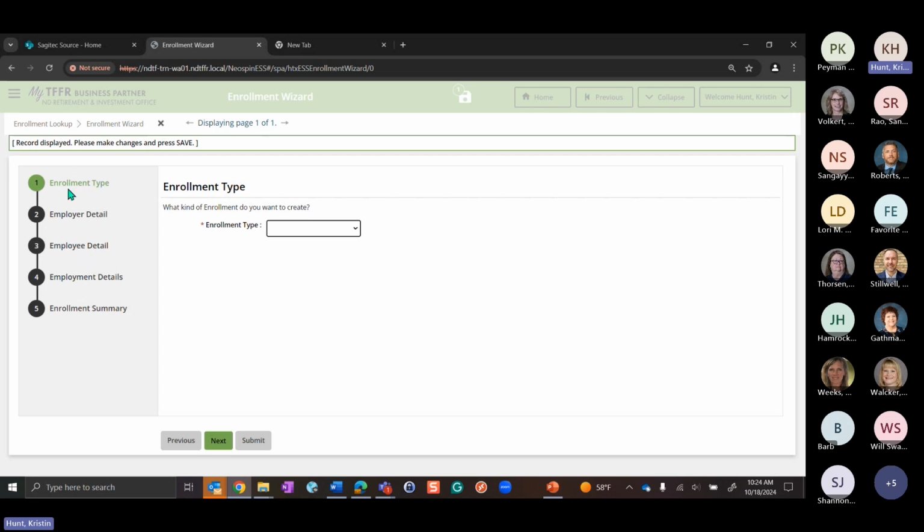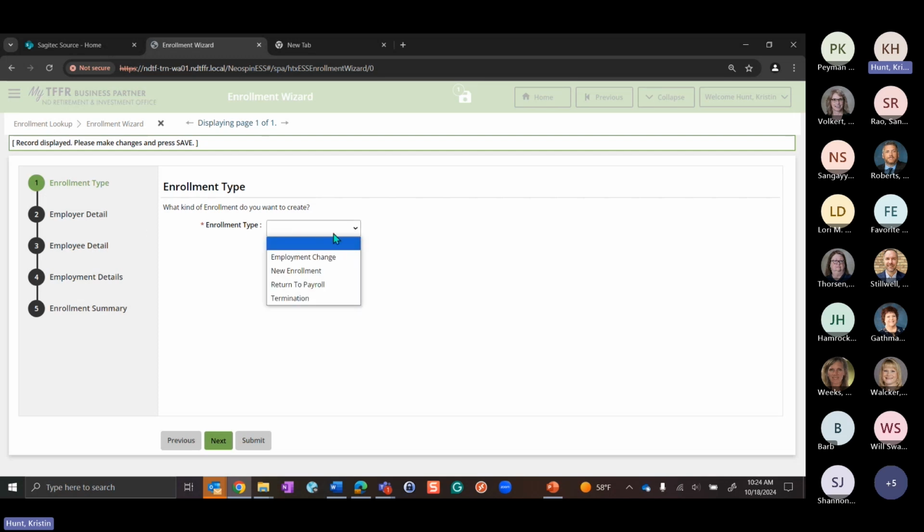But with that said, what we're doing here is, we have our steps on the side. And the first thing it's going to ask us is what type of enrollment. Based on what you select here will determine what the system does after that. For a new enrollment, it's going to select different steps for you to do because you're going to have to enter different information.